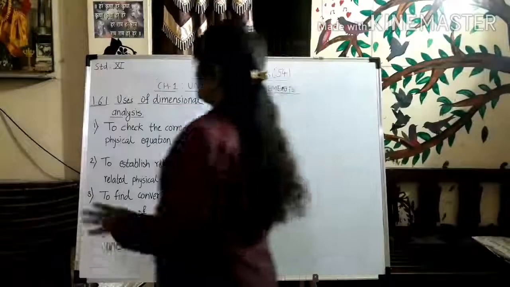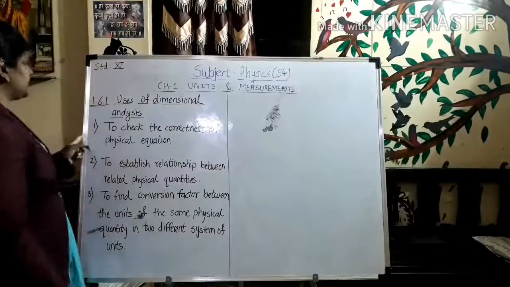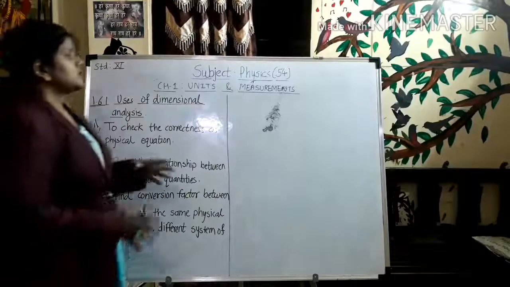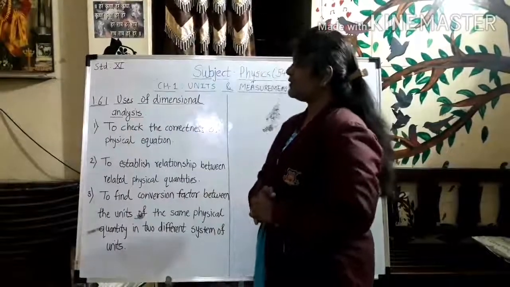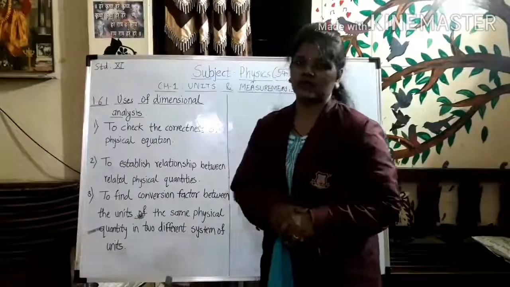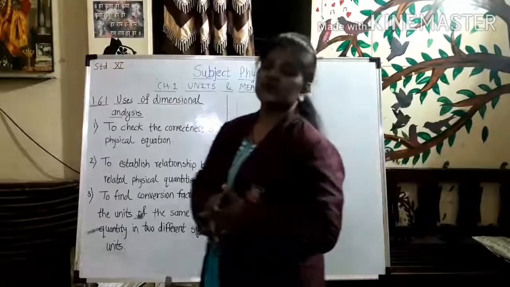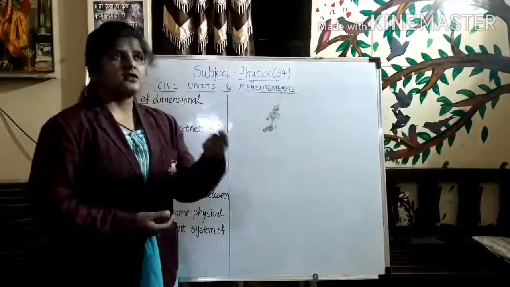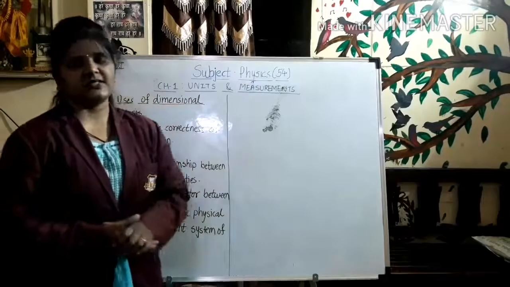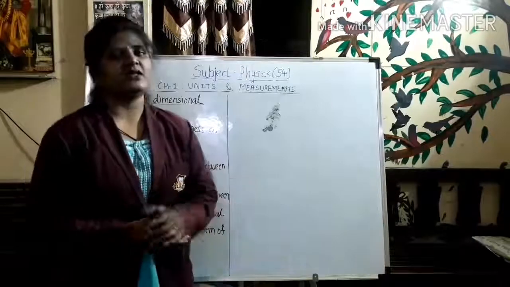I hope you have seen all of these 3. So we'll move towards the first one, which is: dimensional analysis is basically used to check the correctness of a physical equation. So what are physical equations? You must have seen many equations inside physics, such as the smallest example, v, that is velocity. It is nothing but displacement upon time. It is nothing but an equation.